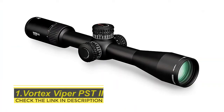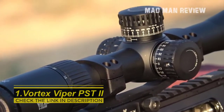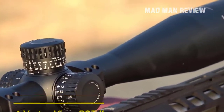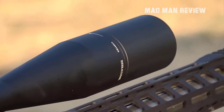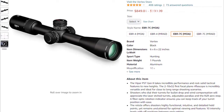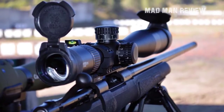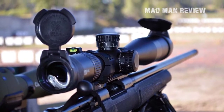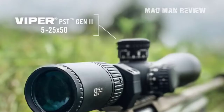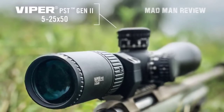Vortex Viper PST-2. This one comes with a 50mm objective lens and a magnification power from 5 to 25 times. It's a versatile scope, capable of providing crisp images at all ranges as the lens is multi-coated and the glass is extra low dispersion. Moreover, you get all these at a relatively low price. The best thing about the scope is the reticle, which contains a plethora of information such as bullet drop, and such estimations only appear at a larger magnification where they're really needed,